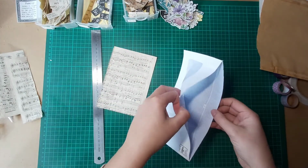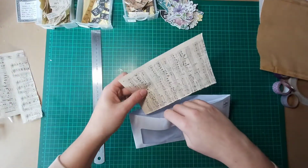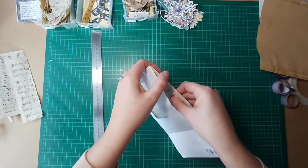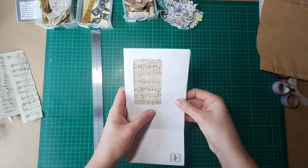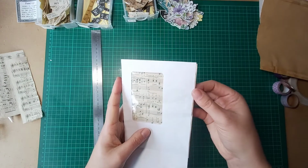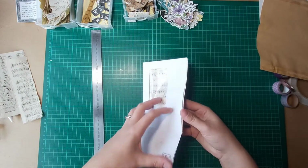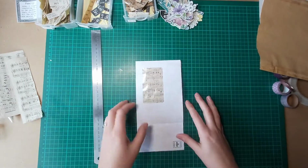Okay, so I'm just going to double check that that fits before I start obviously adding all of my glue. If it does poke out a little bit at the sides, that doesn't matter, which it is, because I can trim that off later. Okay, cool, and I think that looks really cool for the window. Excellent. Right, okay,